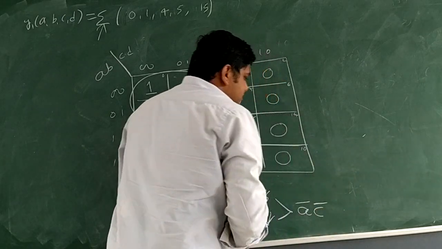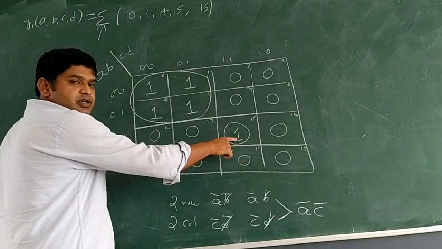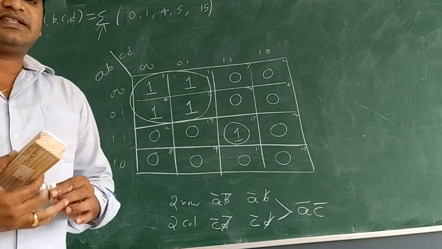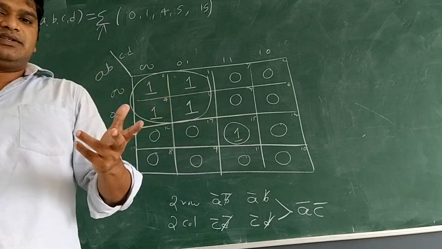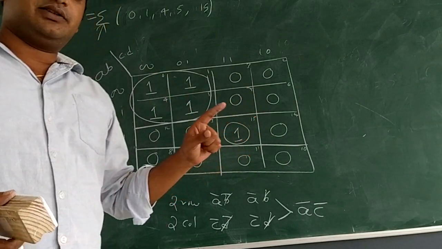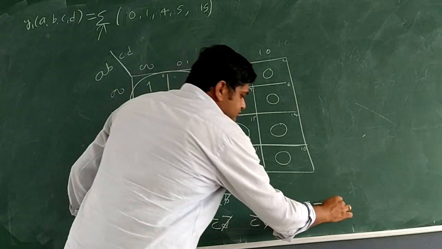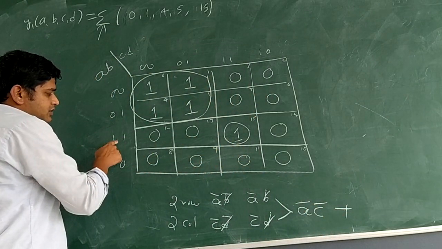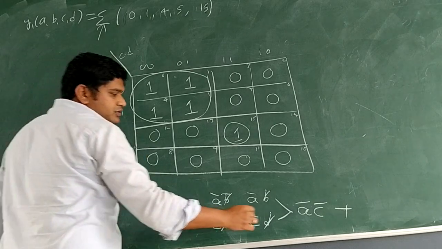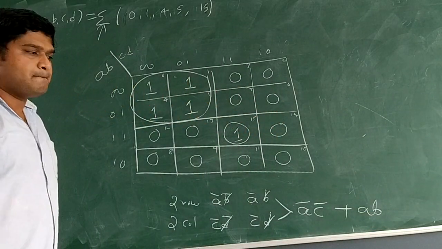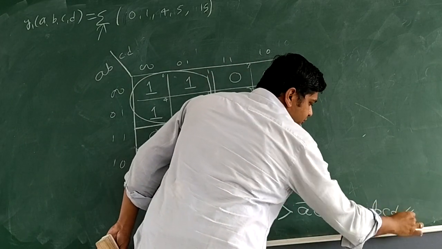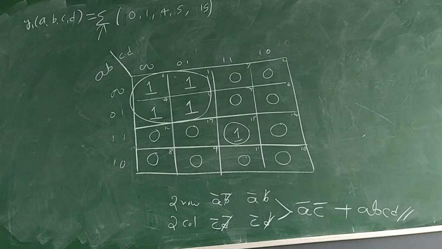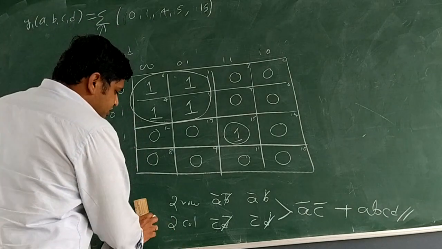So what is the function of that? See, since the cover is in a single row and a single column, no comparisons. Since no comparison, no cancellation, so we are left with the complete term. Left of this 1 1, 1 1 for AB means complete term AB. Top of this 1 1, 1 1 for CD means CD. Hence the solution is A bar C bar plus ABCD. Okay? Fine. Let's take the next problem.